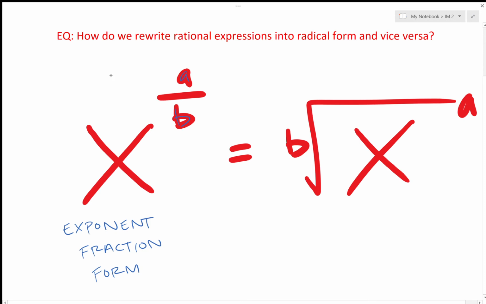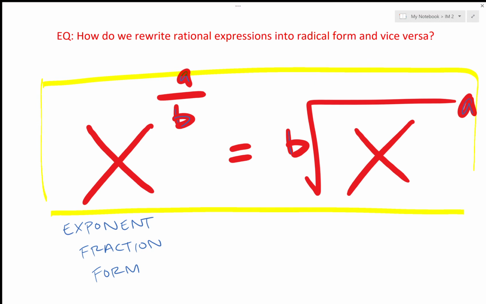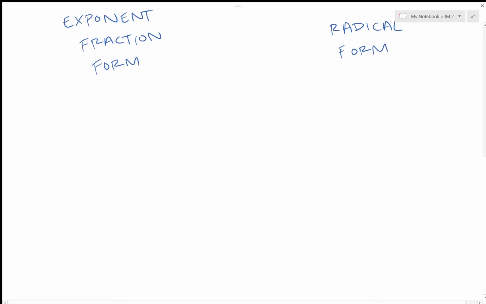So we can rewrite these. Now this will make a little bit more sense once we put some actual numbers onto it, but that right there is how we go back and forth. And I'll go ahead and fill this in down here. The one on the left is exponent fraction form. This one over here is in radical form. All right. So first example. The instructions are going to tell us